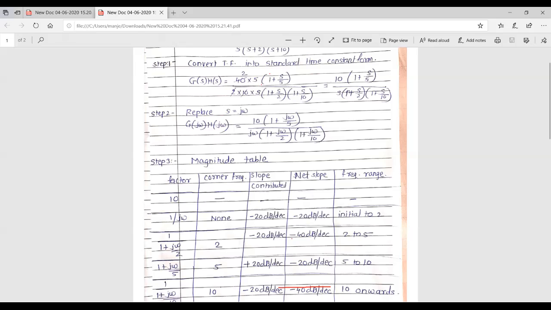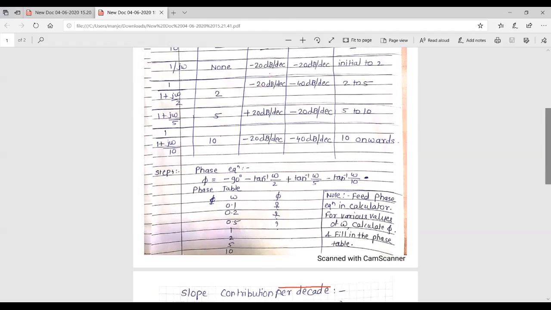We have seen in the last session the phase contributions by individual factors. What is the phase contribution by open loop gain K? 0, because the imaginary part is not there, right? So the phase contribution is 0. This factor will not contribute in phase. Then 1 upon j omega contributes minus 90 degrees. You can go back to the formula. So a pole at origin will contribute minus 90 degrees. If it would have been a zero at origin, it would have been plus 90 degrees.